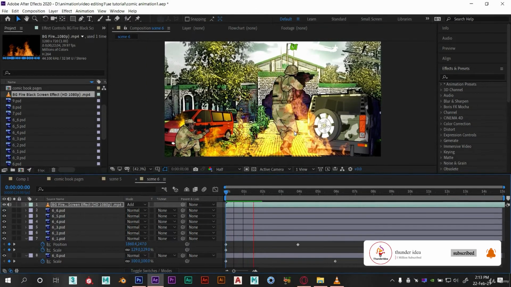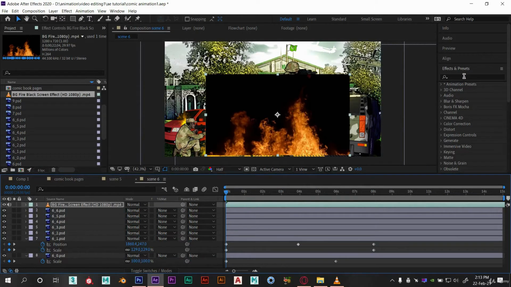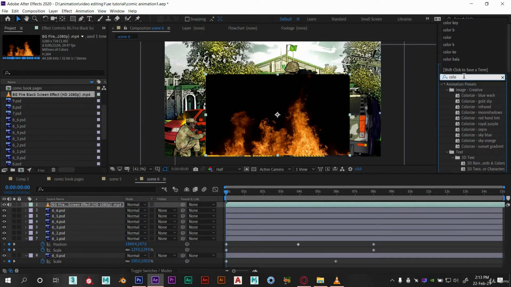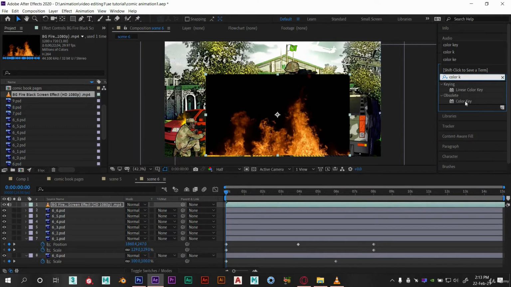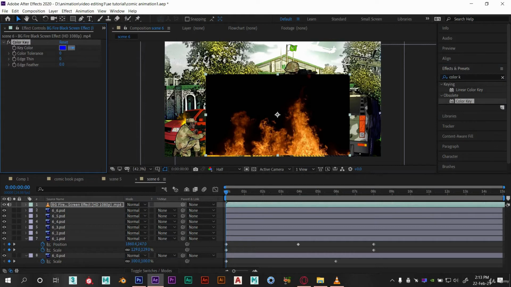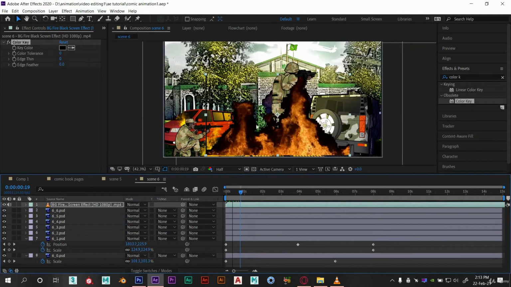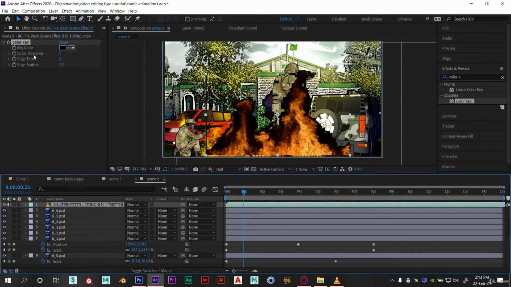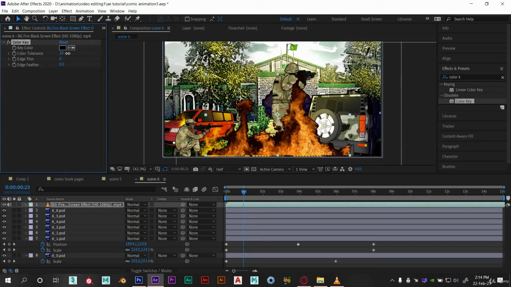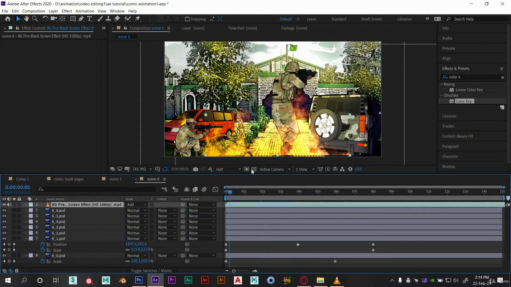And now let's try adding an effect called color key. Just drag and drop it over the layer or double click on it after selecting the layer. Now here you need to select the color that is black in our video. You can see that this is not working properly. That's because you need to adjust the settings accordingly. Still, I think add was giving a way better effect than this. So let's go with the add filter.